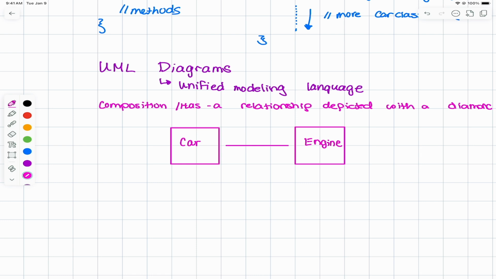Now, when I say we want to depict this composition relationship, what that means is that the engine is inside of the car. We put the diamond on this side. So the diamond being on this side means car is composed of engine. That's what that relationship drawing actually means. And there are other symbols and drawings that we could be using, but again, we're just focusing right now on this idea of the has-a relationship and how we would